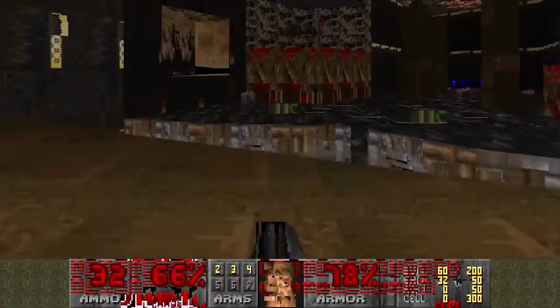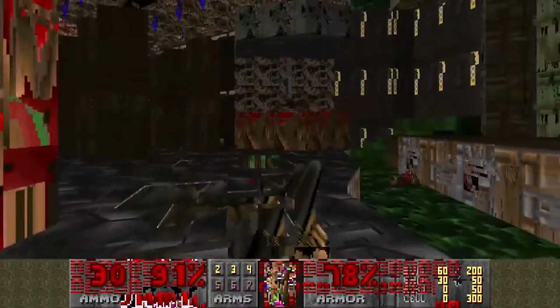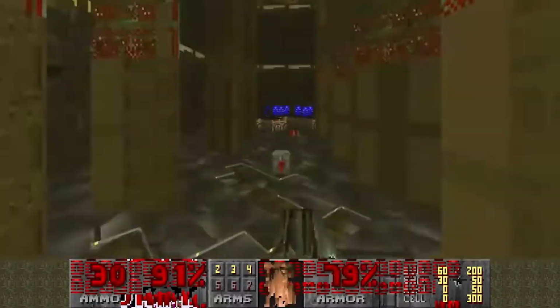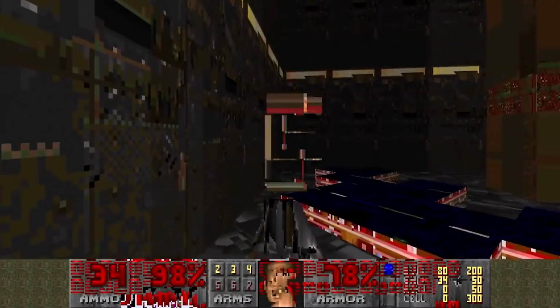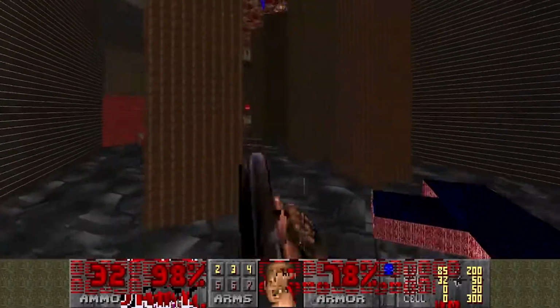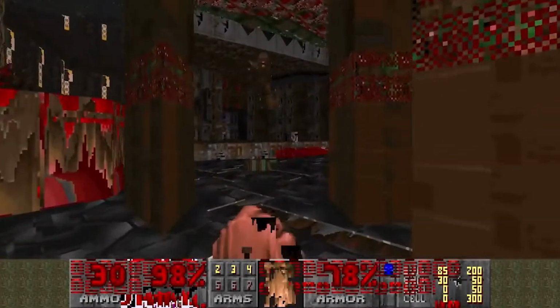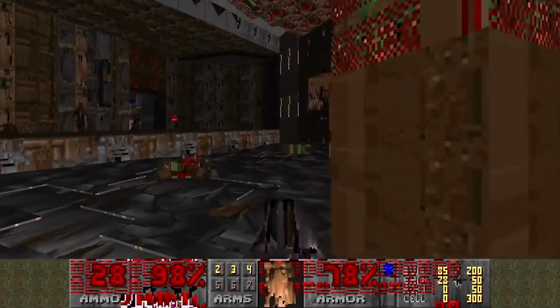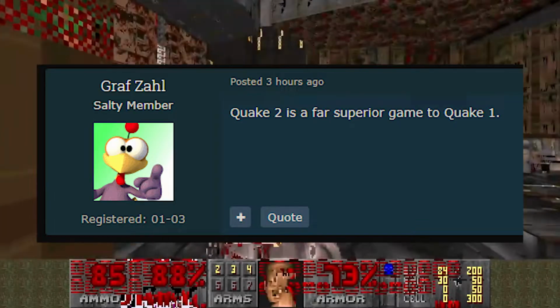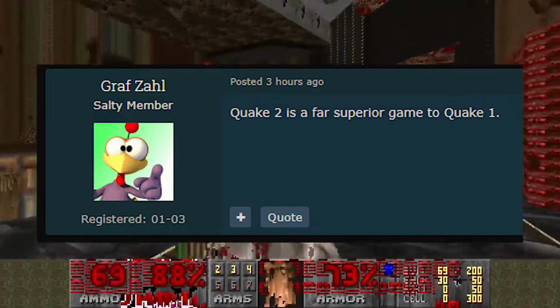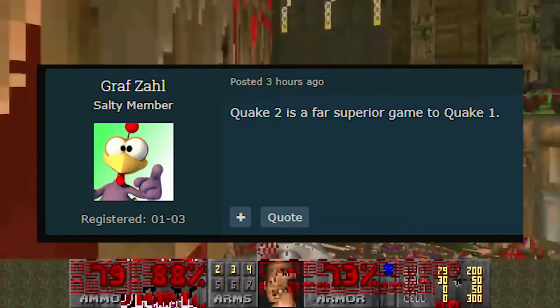But regardless, Graf Zahl was so angry that he downvoted people disagreeing with him and upvoted people agreeing with him, back when Doomworld had upvotes and downvotes, even allegedly using sock puppets to boost his message. He was later mocked by the rest of the Doomworld admins, conveniently earning him the title Salty Member, a title that he still wears to this very day. Everyone laughed at him, until